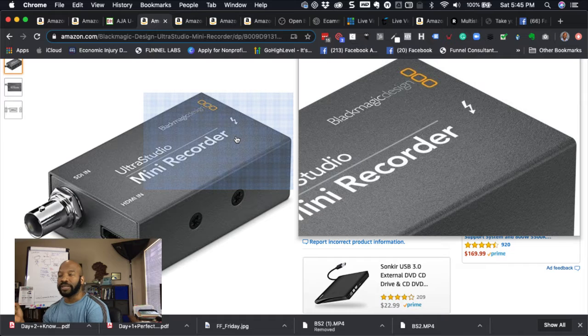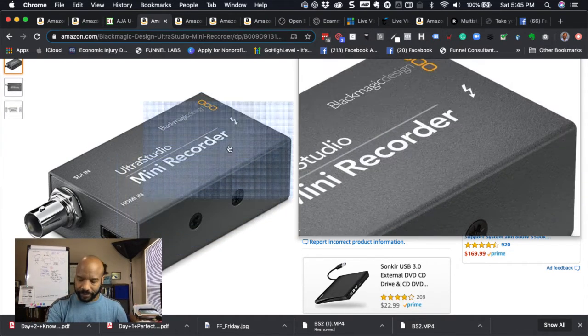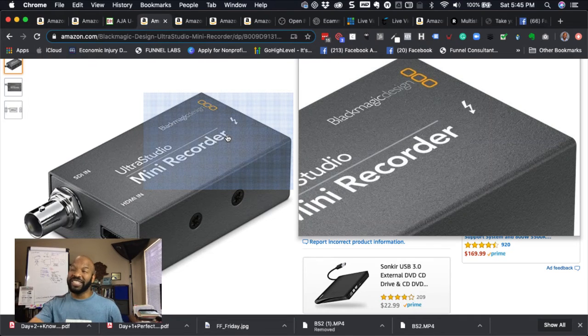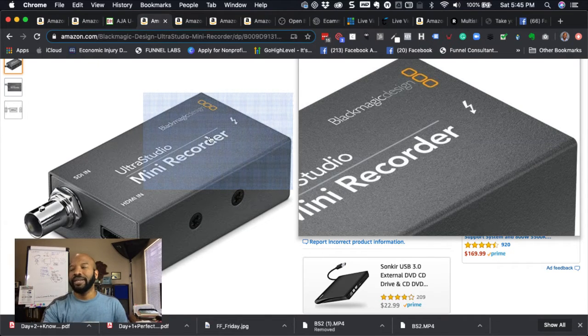If you have a Mac with a Thunderbolt port, you'll need the adapter because some Macs won't have the HDMI in the back. They'll have a Thunderbolt port, right? So you connect the little adapter to the USB-C in the back.